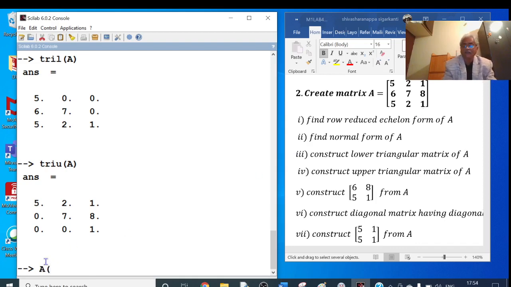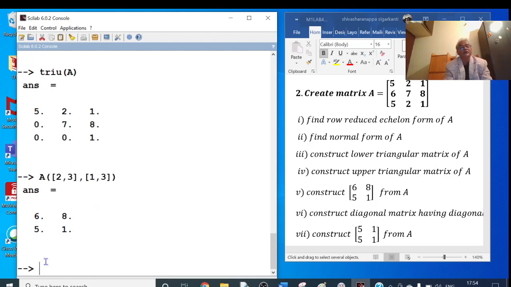A open bracket, here in square brackets I have to take the second row, third row, that is we write here 2 comma 3, close the bracket, put a comma, again open square bracket, columns 1 and 3. So here 1 comma 3, close this square bracket, close this parenthesis. Now enter. Yeah, I am getting 6 8 5 1. So I am creating this matrix from the matrix A.